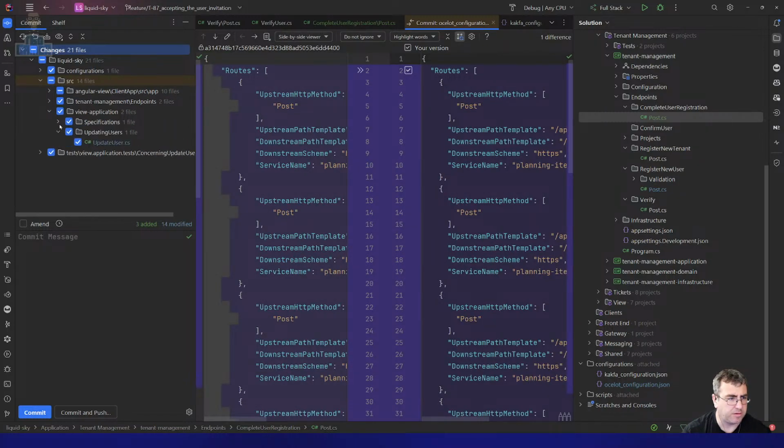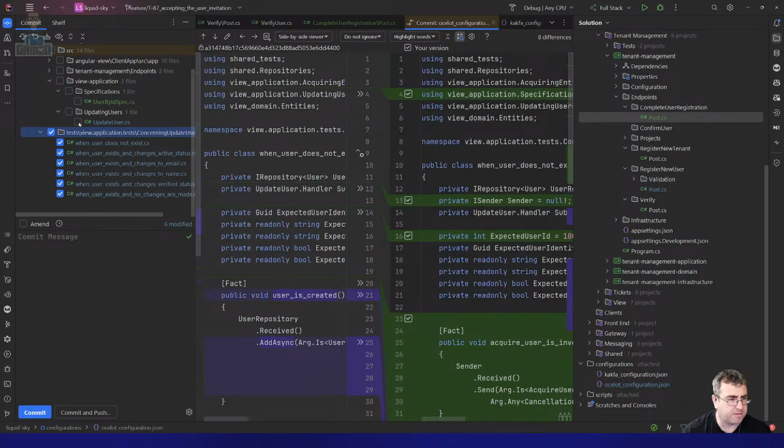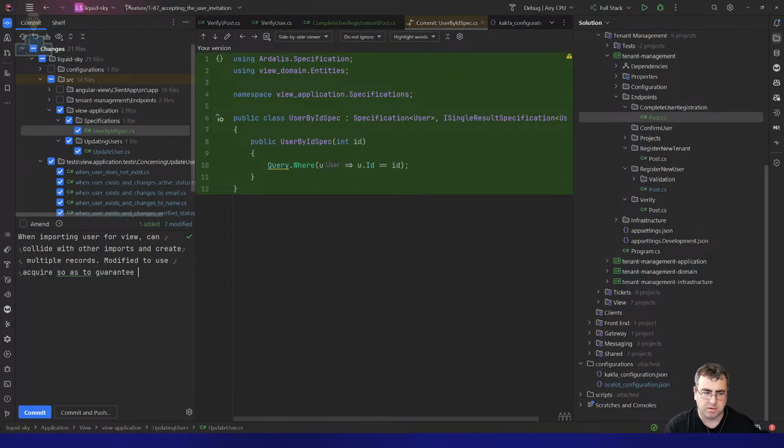Source, new application. Oh, they're not committed as that. Dang it. Okay, so this: when importing a user for a view, it can collide with other imports and create multiple records, so modify it to use acquire. That's to guarantee, as best I can,